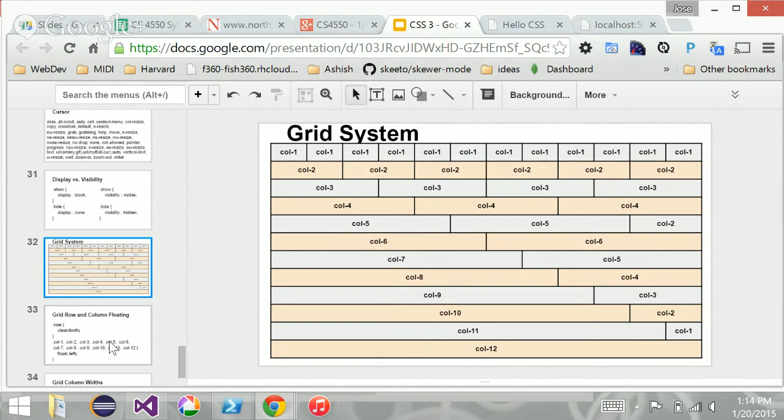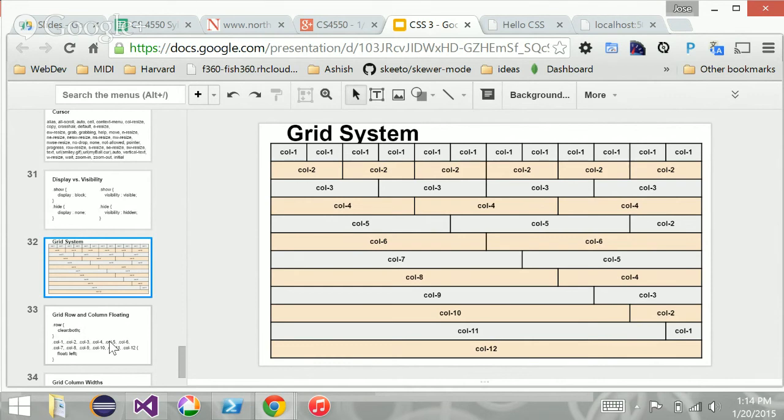So the idea is that we're going to split up the content of the page into any number of rows, and then within each row, we're going to create a styling that will allow us to break up and apply a particular width to that element,